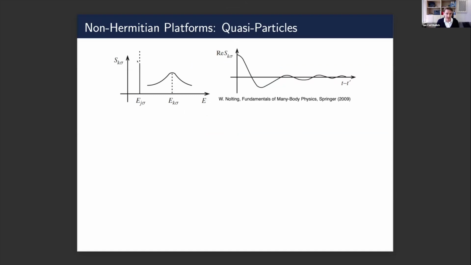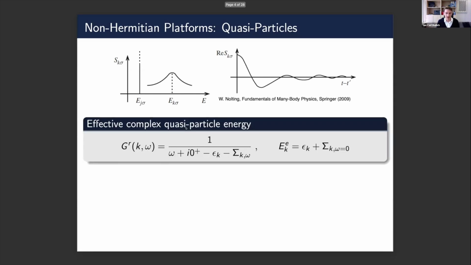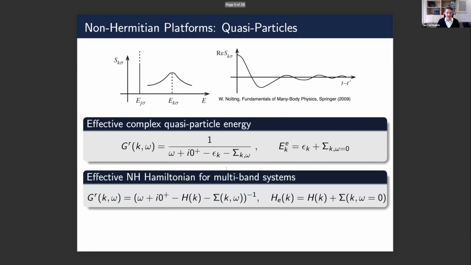So if we consider a spectral function here, then infinite lifetime would correspond to a delta peak. And if we have this smeared peak here, then of course this would be a decaying function in real space. So there's some line broadening, which corresponds to a finite lifetime. And we can model this in terms of a retarded Green's function, say, which now has a self-energy that has an imaginary part. Of course, you all know this.